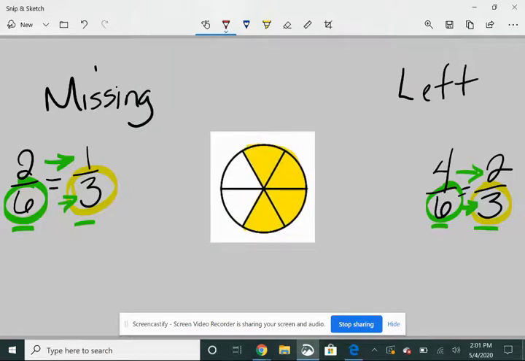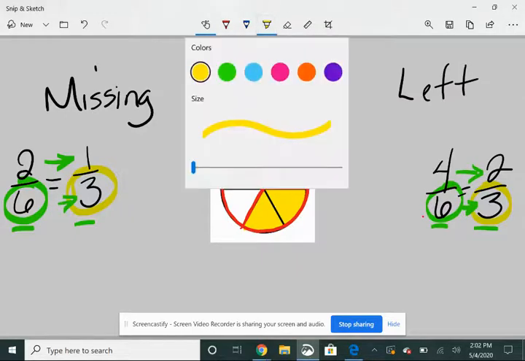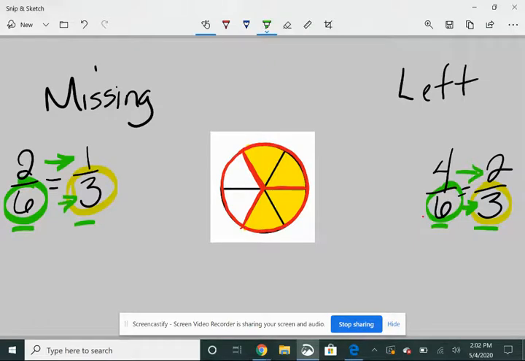If this pie was cut into thirds, then we would have 1/3 missing and 2/3 left. So all I'm going to do here is cut this pie into thirds. If you can see here, the red part shows how the pie is cut, and it is cut into thirds. Now the whole is cut into 3 parts, and let me show you here,